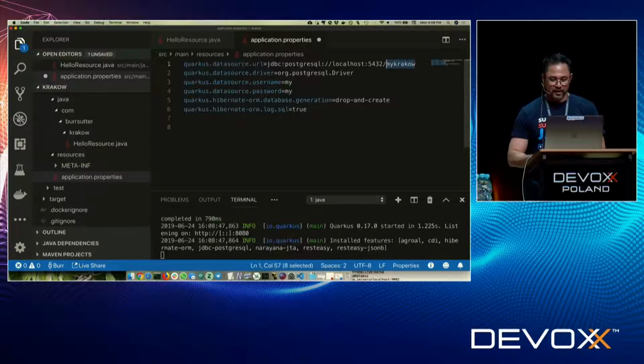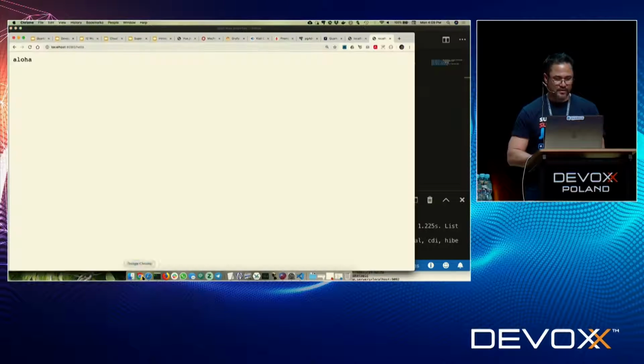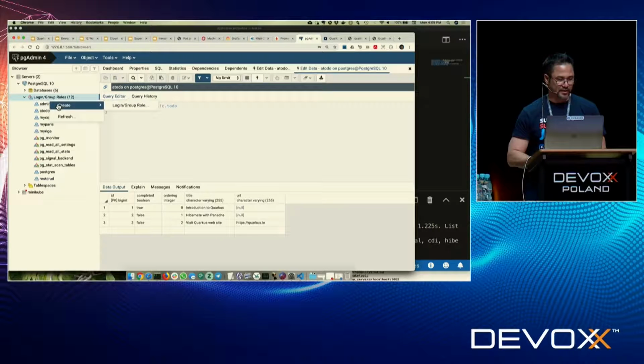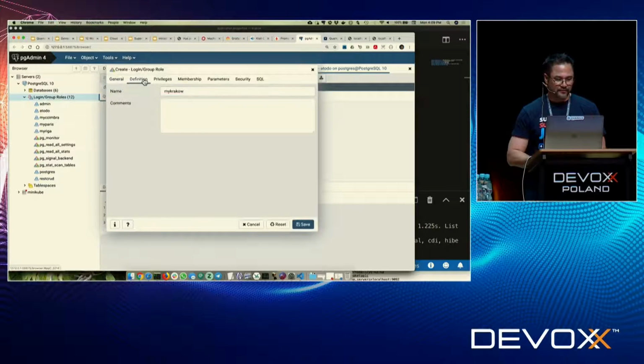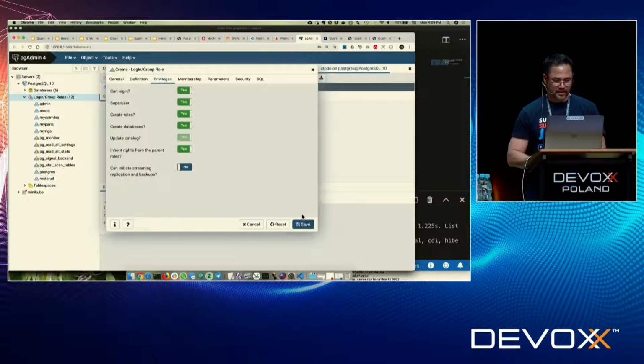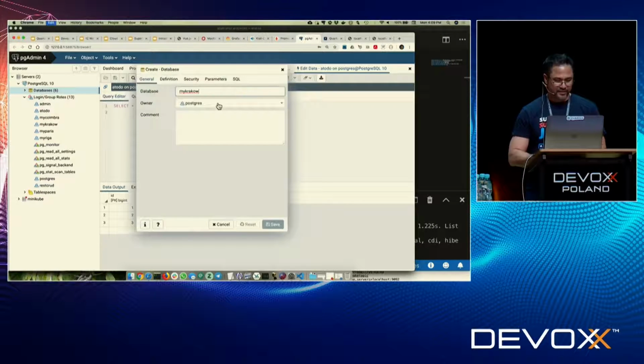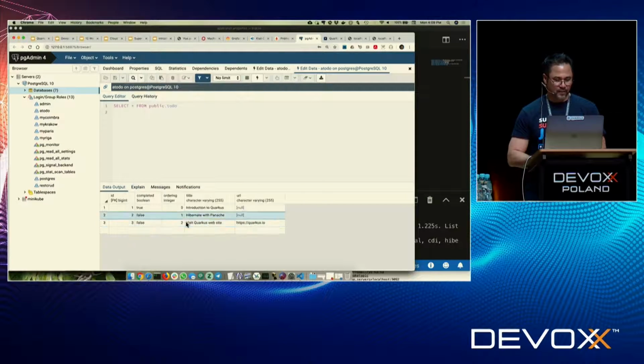And so this is the model, again, to get started, right? Very straightforward. You don't need two my's there. Just make it easy. Hit save. And then I need to go in here and modify my database structure, or actually build a database so I can have it. So I can basically say create a new login group, and definition, and privileges, and yes, if I did that correctly, and then build another database for this and map it to that user I just created. There we go. Save. All right.